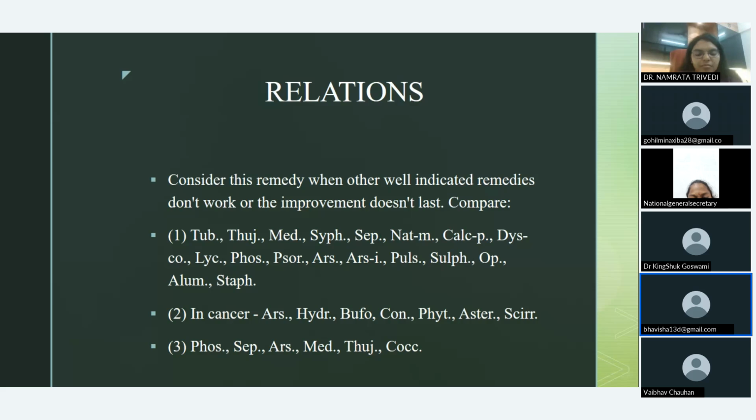मतलब ऐसा जरूरी नहीं है कि कैंसर हो, अस्थमा हो तो ही हम कार्सिनोसिन दें। अगर हमें कॉन्स्टिट्यूशनली मैच लगती है, इंडिकेशन है, तो फिर हम कार्सिनोसिन दे सकते हैं। मैंने 2 पेशेंट में दिए, एक में कैंसर की हिस्ट्री थी, एक में कैंसर की हिस्ट्री नहीं थी, फिर भी दोनों को अच्छा रिलीफ हुआ है।